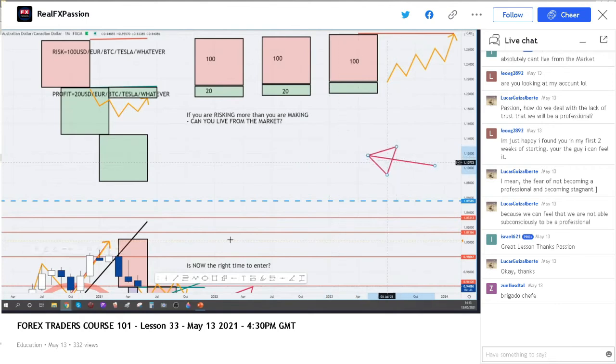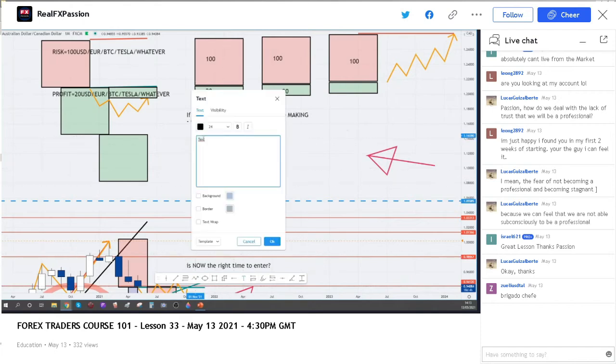If your account looks like, just an example, a $1,000 account, with bad trading habits, taking small profits, how would the account look like? It would be